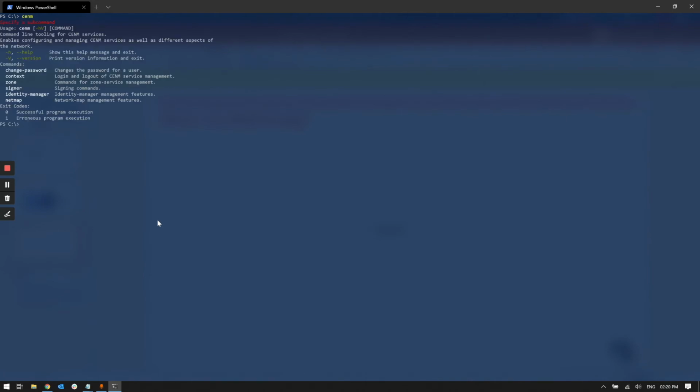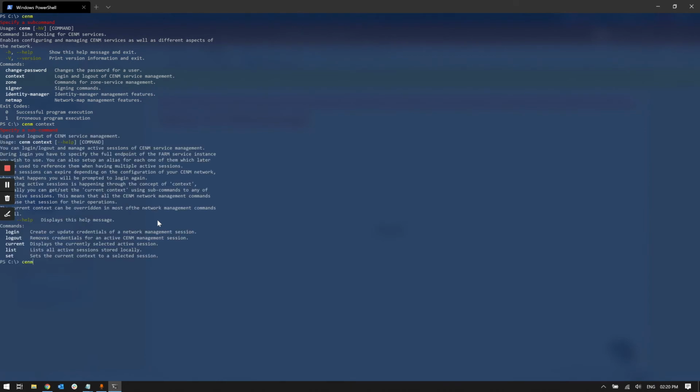I have the CLI tool set up on my computer, and I'm also running a local CENM network with all the components set up and multiple gateway services in this case. If I just run the CENM command, it will tell me that it needs a subcommand, and for the context management options, those are grouped under the context subcommand, where I can take my credentials and log in. So here I will